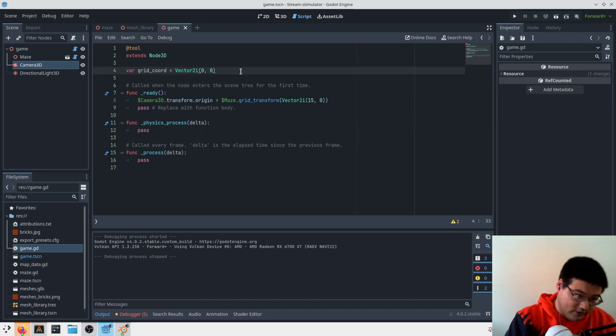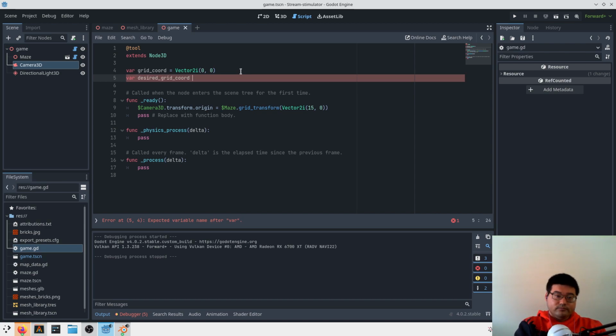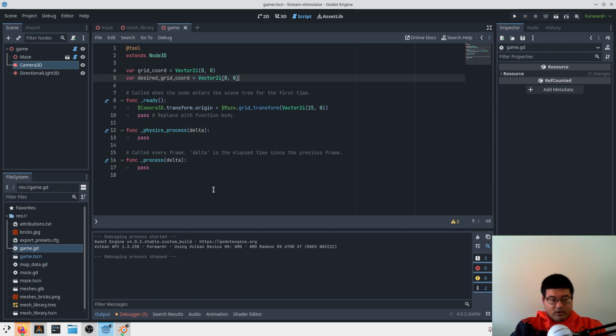We'll set our desired grid coord. Is that what we want? So what are we going to do? We're going to be at a location, and we're going to pick a direction. So let's start there. So we'll say we're at grid coord,